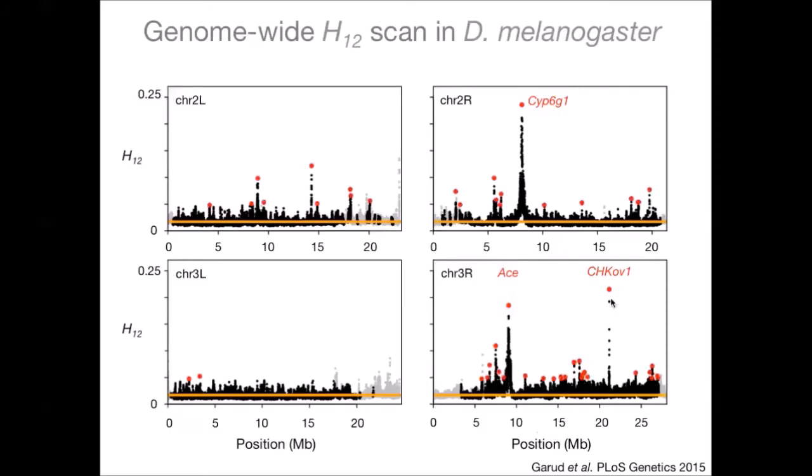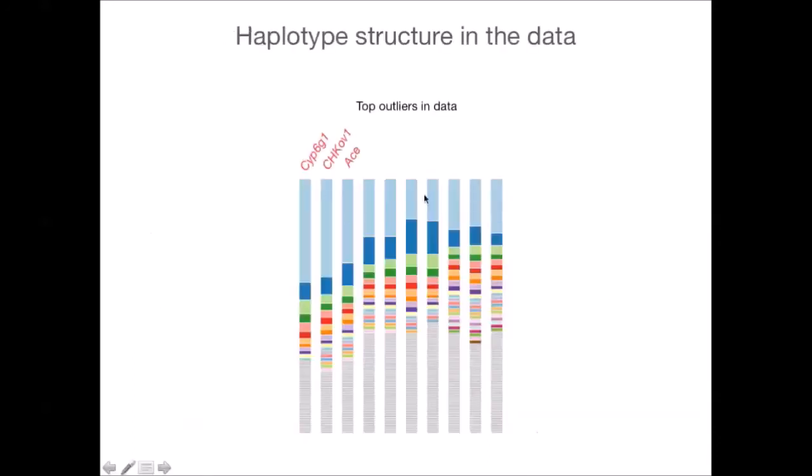So then we identified our top 50 outliers and asked whether or not these could be generated under hard or soft sweeps. We wanted to know, what are they? So we then plotted the haplotype frequency spectra for the top 50 peaks. Here are the top 10 outliers in the data, and you've actually already seen the first three. And you can see for all of them, they look soft. There are multiple haplotypes at high frequency.